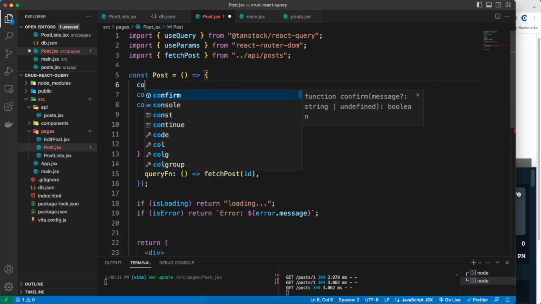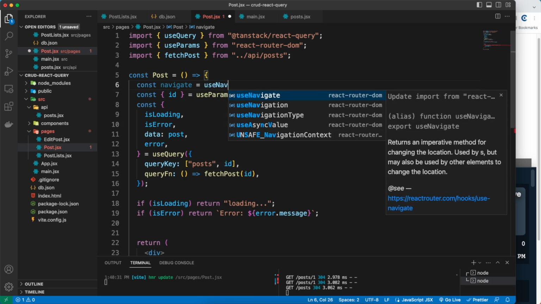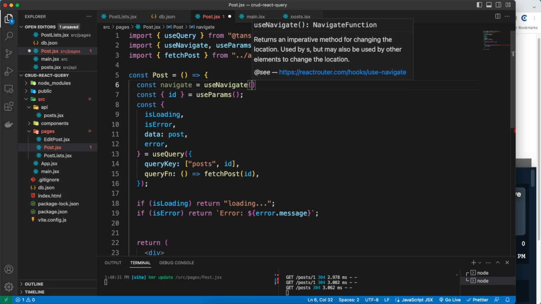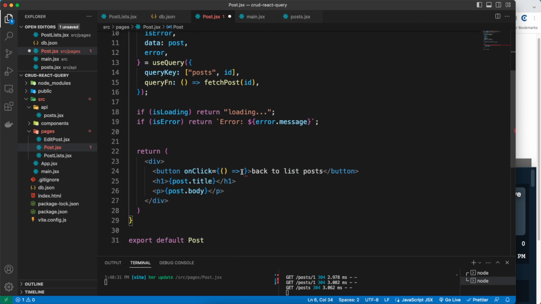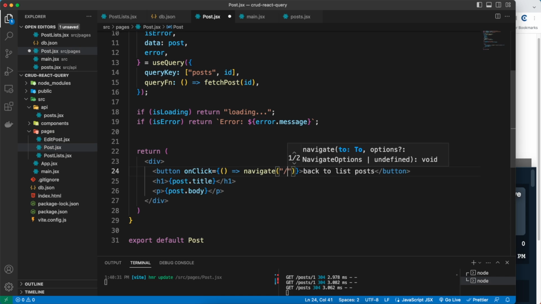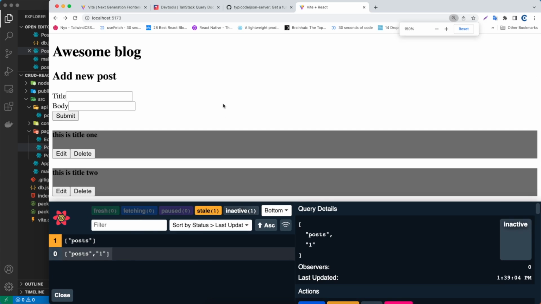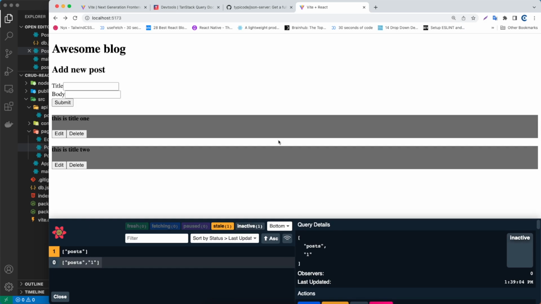So I'm going to say const navigate, set it equal to useNavigate, which comes from React.js, and then here we need to say navigate into just /. All right, so let me go back here, and I'm going to make it small so you can see everything,